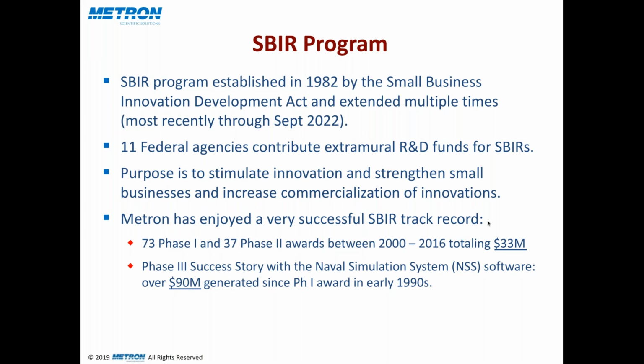And Metron has been participating in the SBIR program since its inception. I have a bullet down at the bottom that says between 2000 and 2016, we've won 73 phase ones and 37 phase twos for a total of $33 million in revenue. And we are one of the big